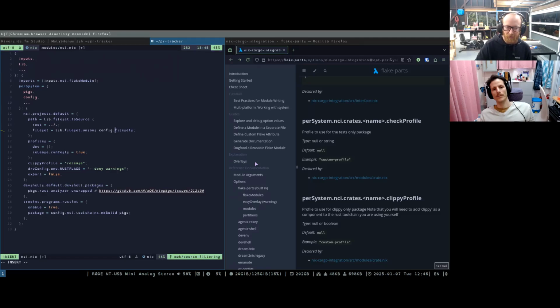Trying to think of if we've done this together. I've definitely done this in my personal Flake. Really? Because I added an option. I added a per system option for my Flake parts modules. I don't think it's really, I think it's just